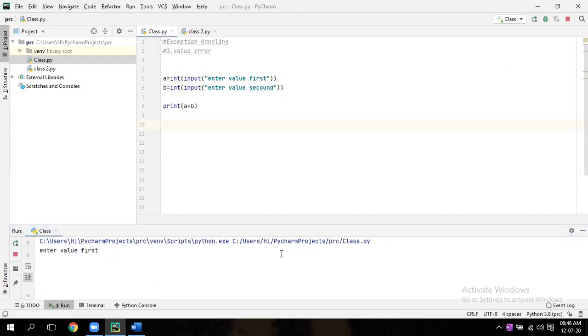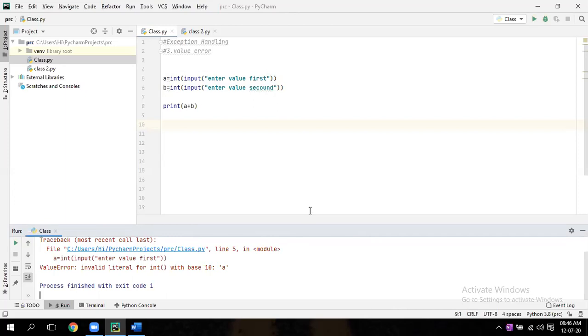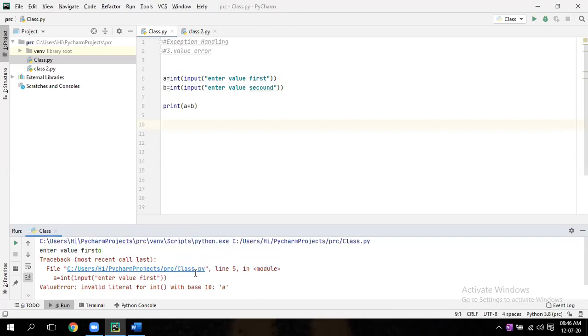Now instead of a number, enter an alphabet. What are you getting? Invalid literal for integer. Which error are you getting? Value error. You are getting value error.